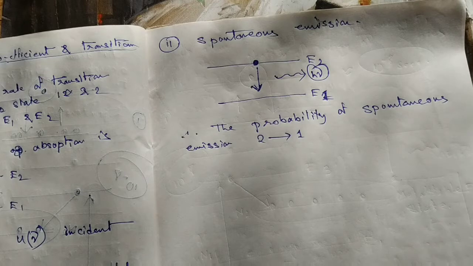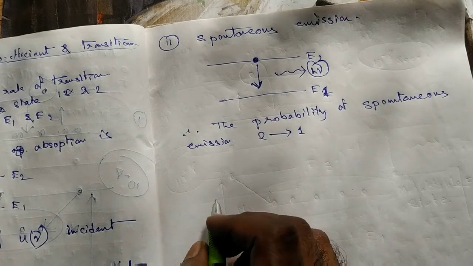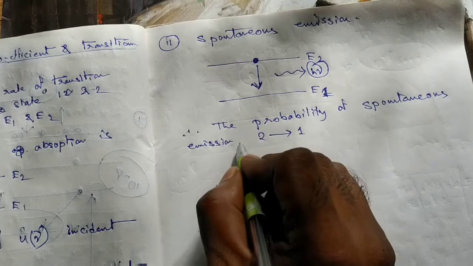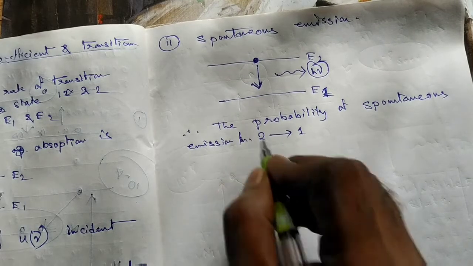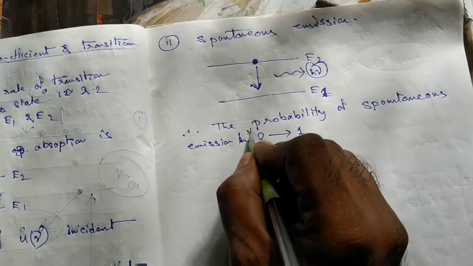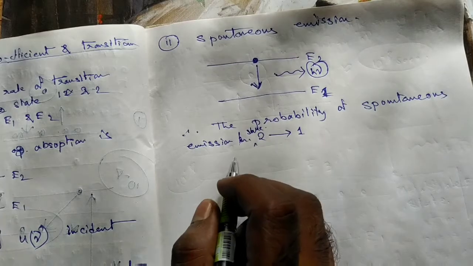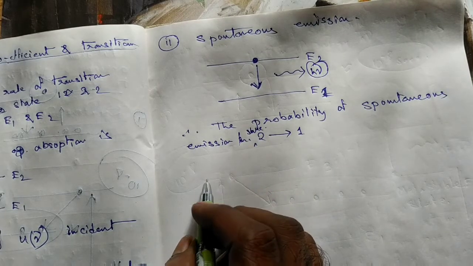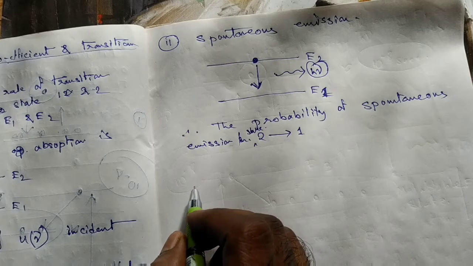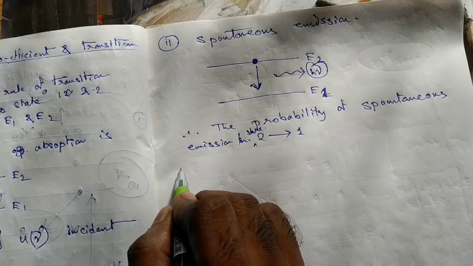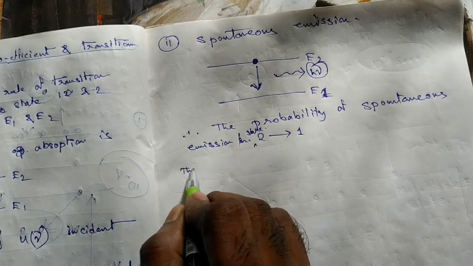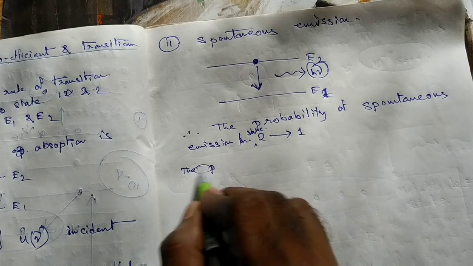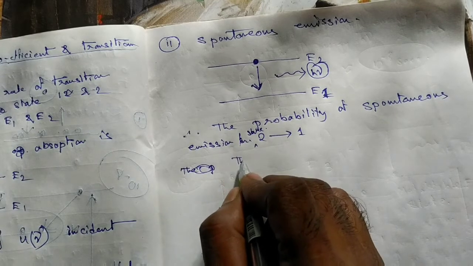So the probability of the spontaneous emission from state 2 to 1